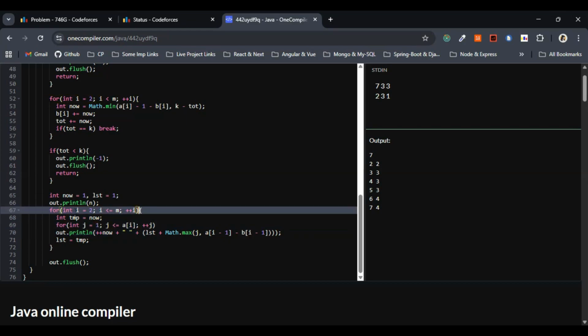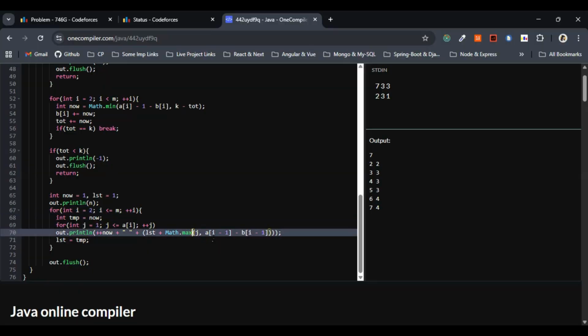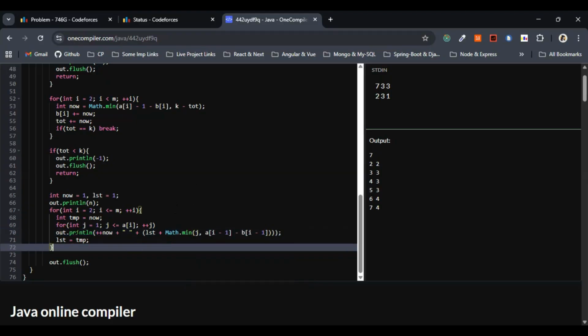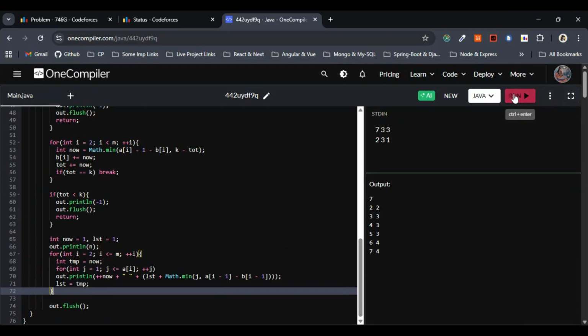So within this one, I have to go with Math.min. This will balance whatever we have written correctly. So we have to go with the min, I believe, not the max. That's the only thing that is wrong, I believe. We are getting the wrong answer, except that if I give min and run this one,